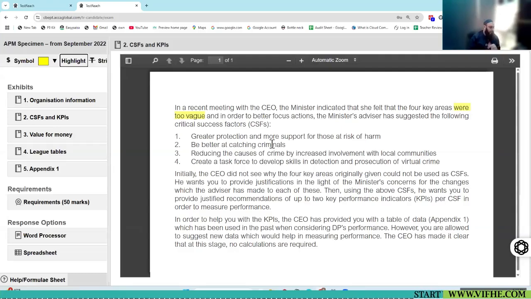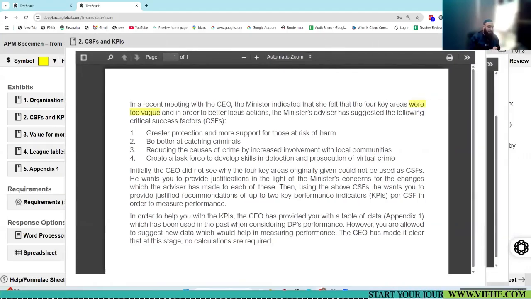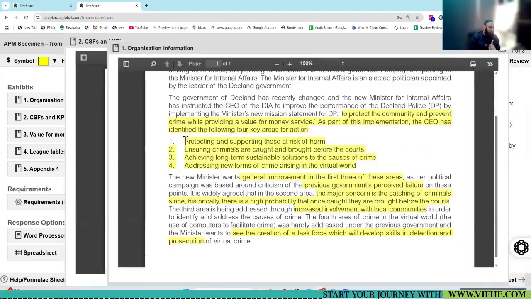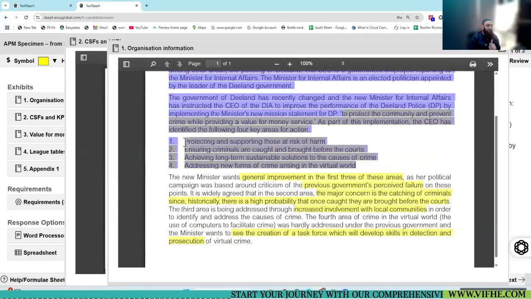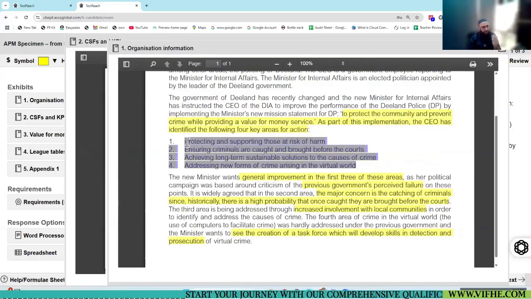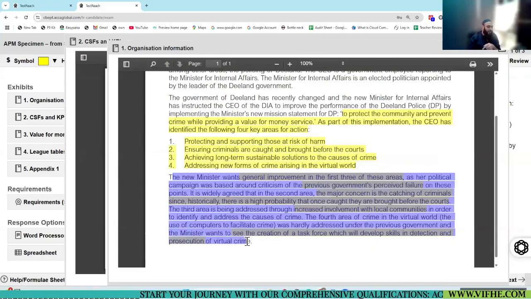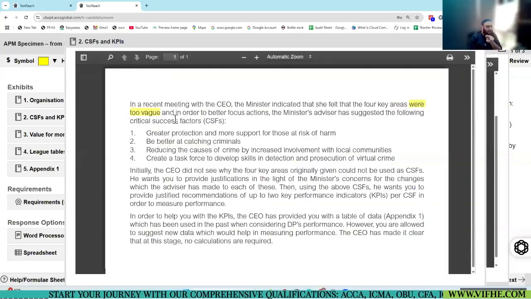Now, in the previous exhibit, these four seem to be vague for the minister. These are the improvements that had to be made. Based on this, the minister's advisor, a second person, came up with CSFs, better CSFs.